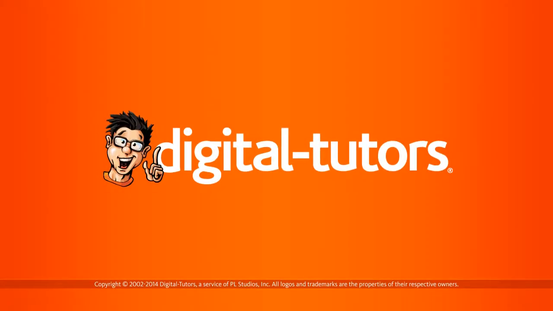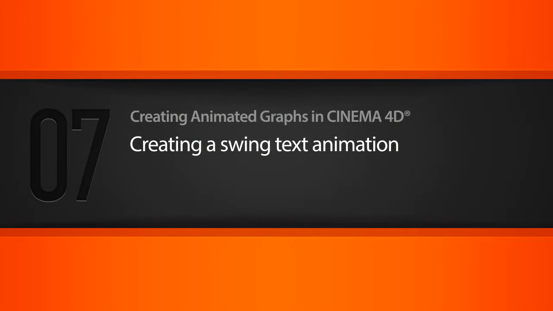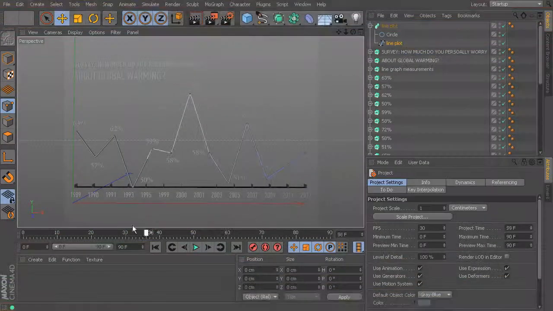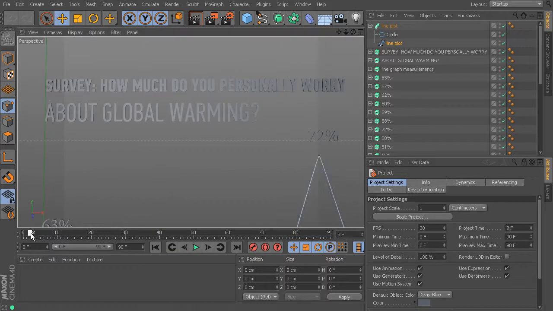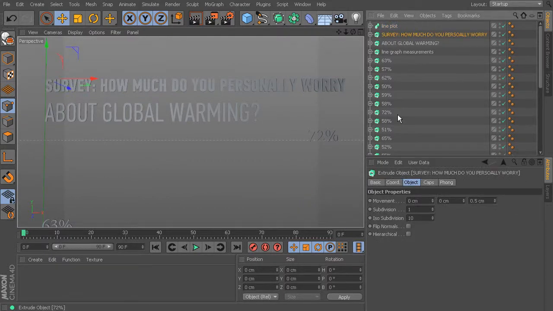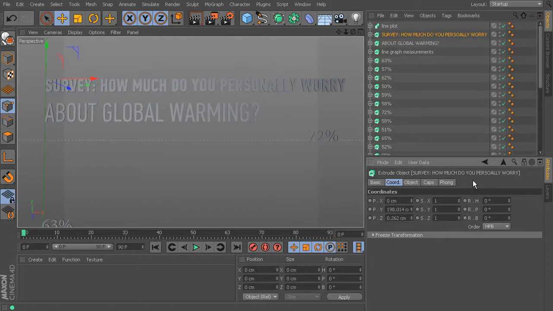In this lesson, we'll create a swinging text animation. Okay, so let's go ahead and take a look at our first bit of text up here at the top. When this starts to come down, I will really want this graph to be labeled pretty much from the start. So I'll go ahead and select that survey, and then let's take a look in our coordinates at its